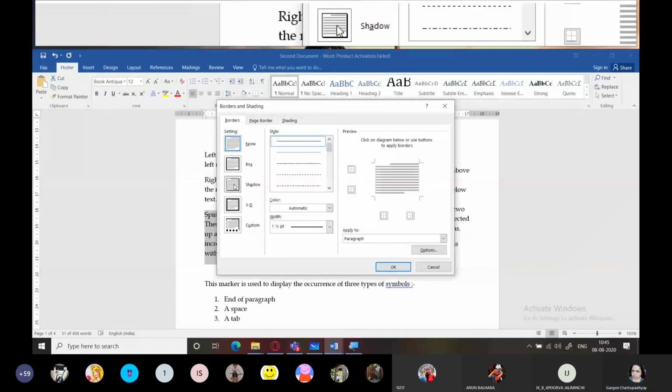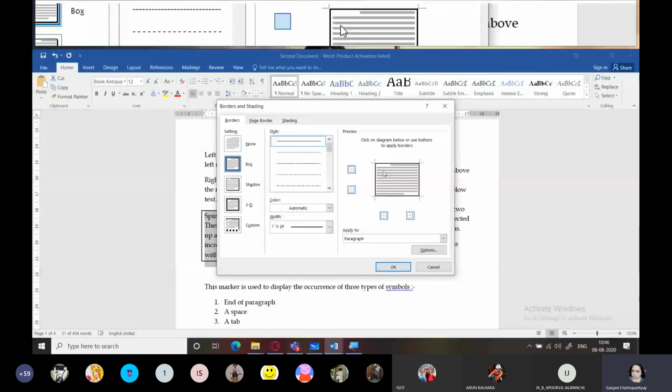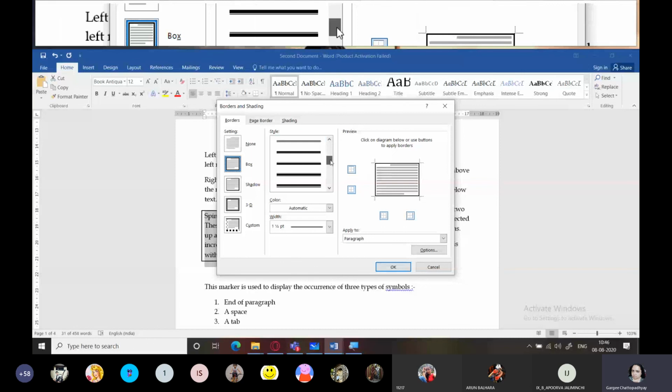All you need to do is just select the text, go to this option, borders and shading, and set any custom option also. From here, you can select any custom, change its width, change the color of it. Right now we are getting only a simple one. We didn't get a nice shaded border because we had not changed it over here. So I'll try to change that. Set the color. Yes, now it is red. You click on OK and now you will get a red border outside this.